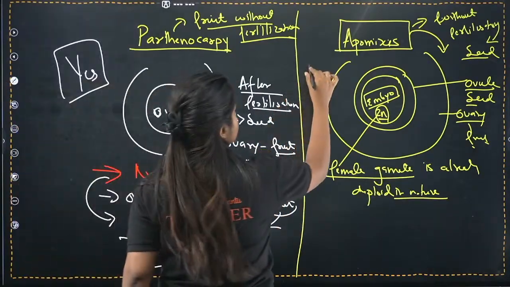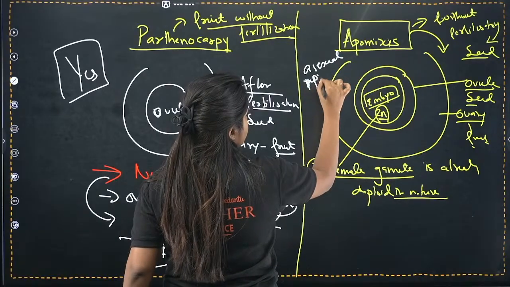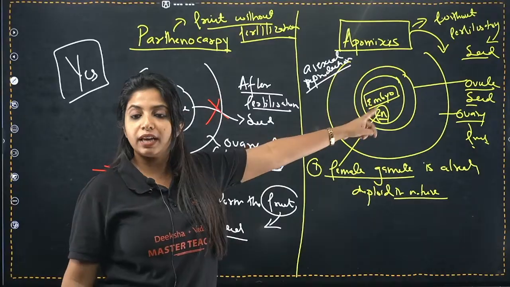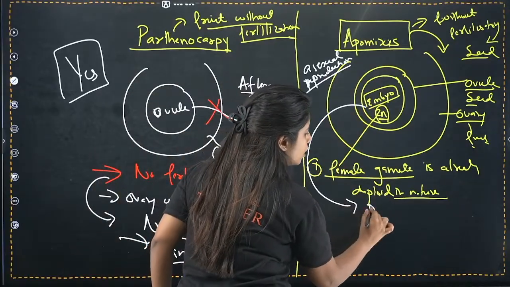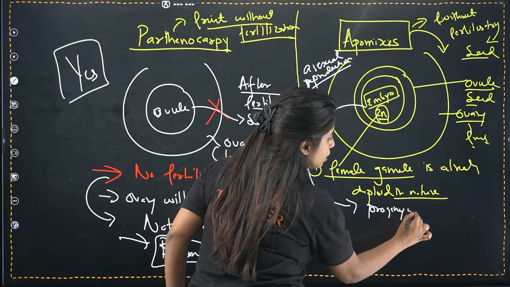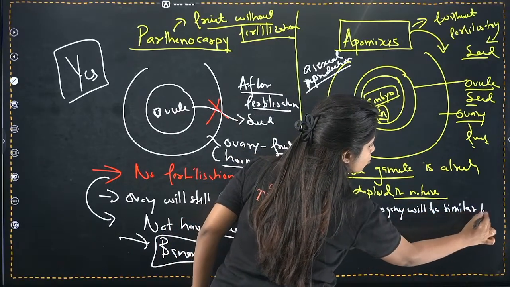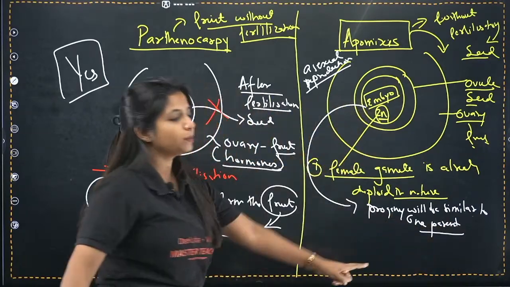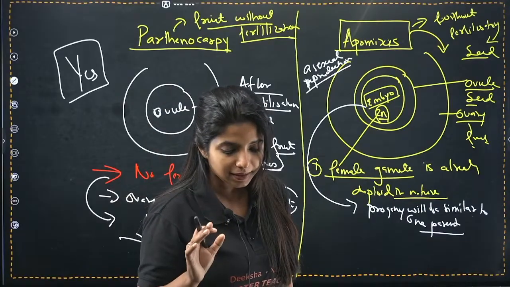I can say that. So I'll say it's just like asexual reproduction, and whatever features are over there in this particular plant, the same features are going to be seen in the progeny. The progeny will be similar to only one parent. The progeny is going to be similar to one parent out there. I hope this is clear.